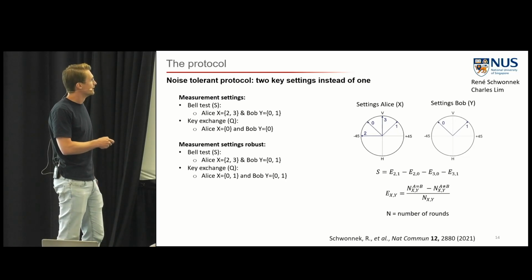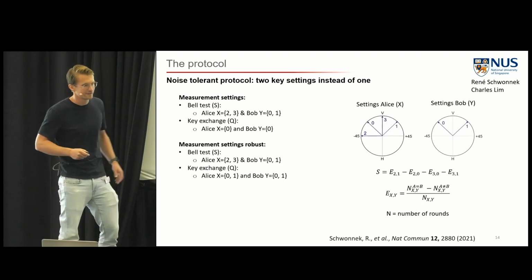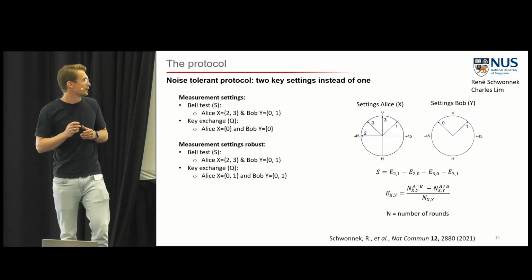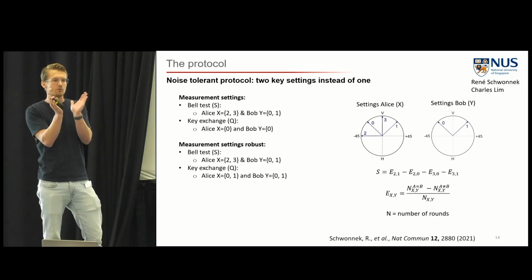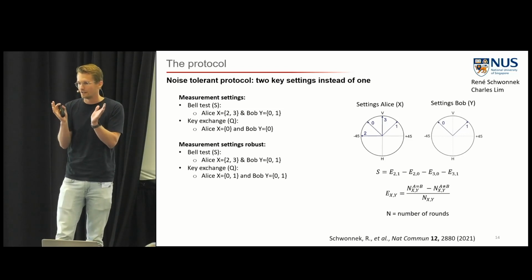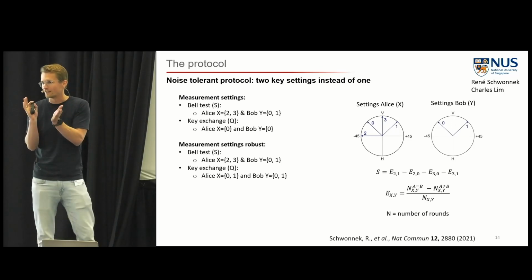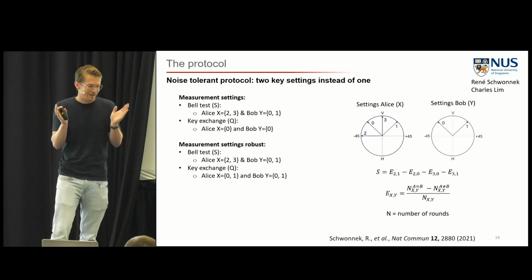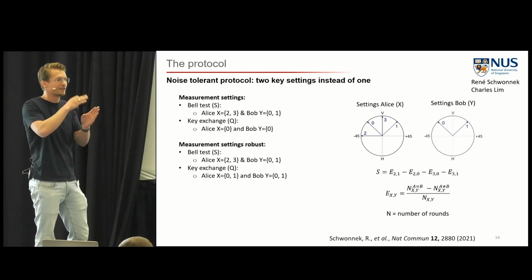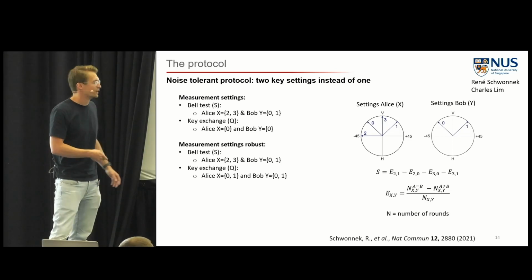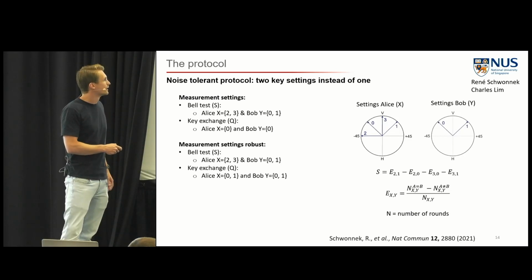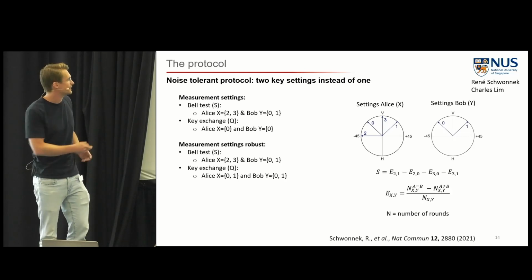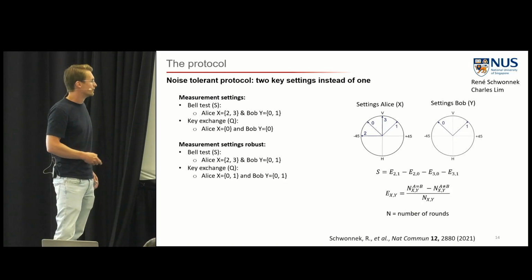So how does this work? In the normal case, when you have 3 settings, you always assume a worst case, and the worst case is that Eve knows which setting you use for the key generation. However, if you now randomly choose between 2 settings, and these settings are orthogonal to each other, then Eve doesn't have this information advantage anymore. So in 50% of the cases, Eve will not measure in the correct basis and will not gain maximal information. Therefore, it's harder for Eve to get information, and this scheme can handle a bit more noise.